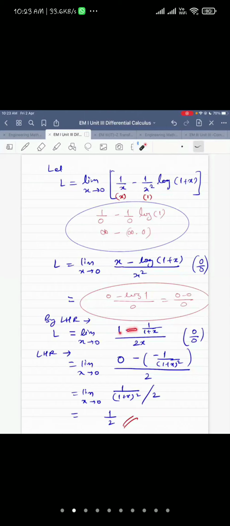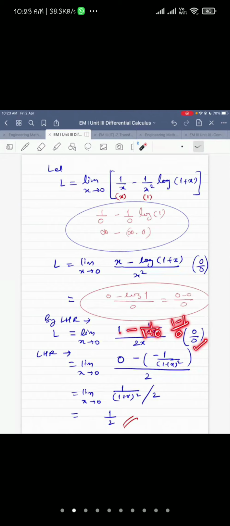1 minus 1 upon 1 plus 0. 1 plus 0 is 1. So this will be 1 minus 1. The numerator will be 1 minus 1 and the denominator will be 0 when you put x equal to 0. So 1 minus 1 means 0. 0 upon 0, that is again an indeterminate form. Is it okay, Sahil and Vedant? So we are getting 0 by 0 form here.